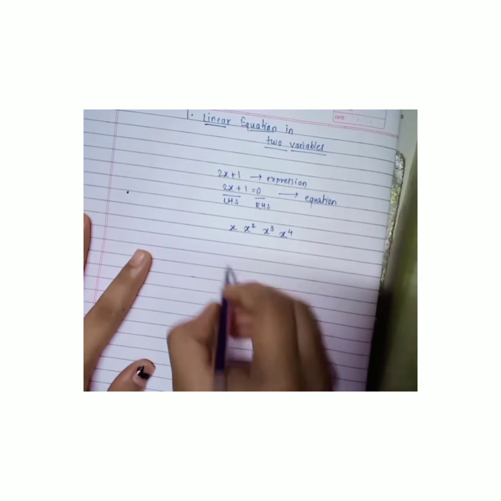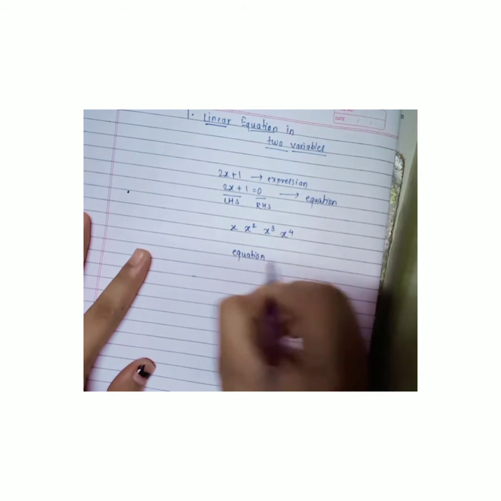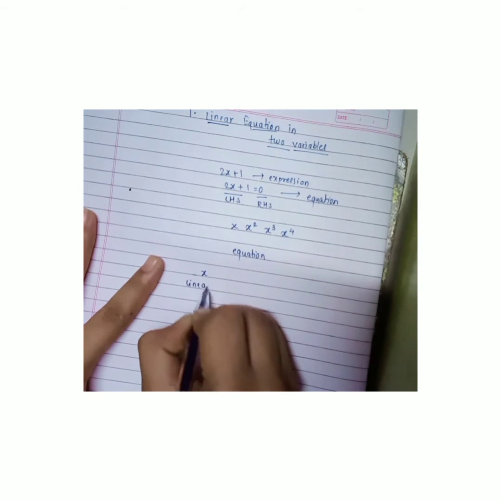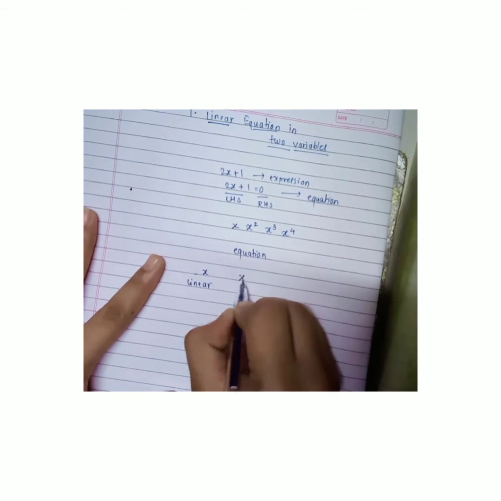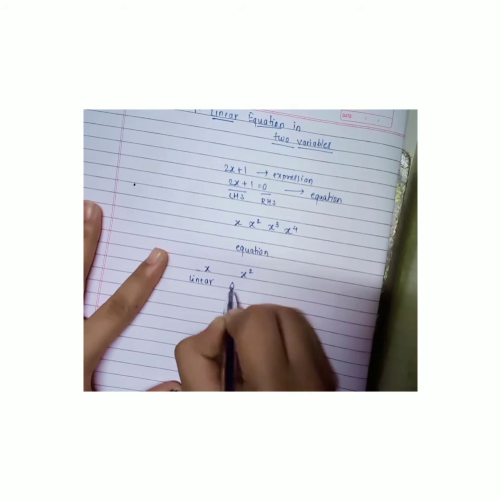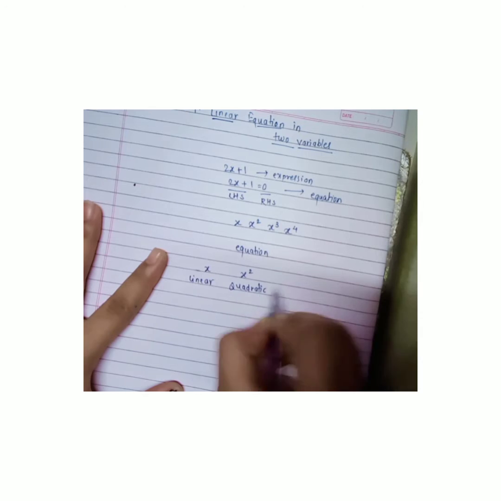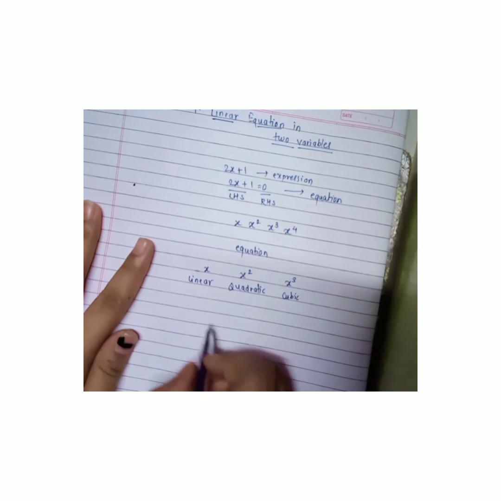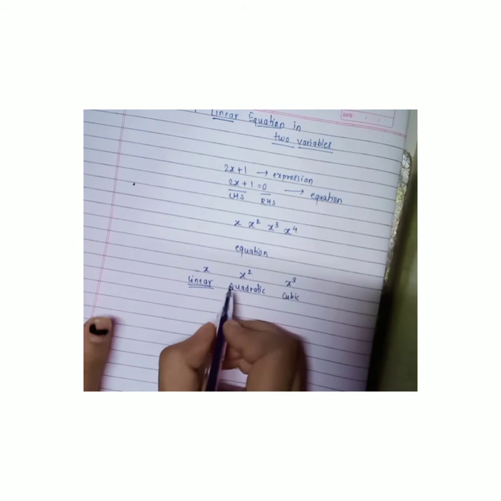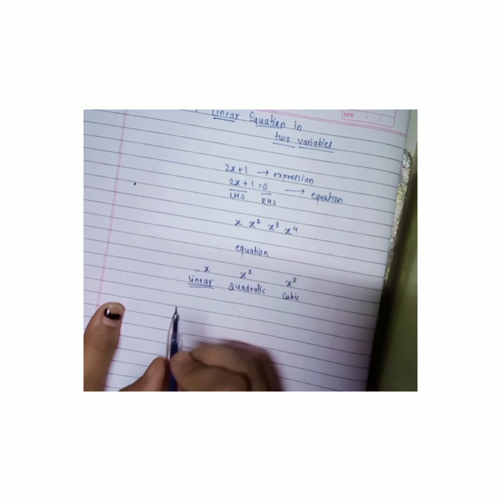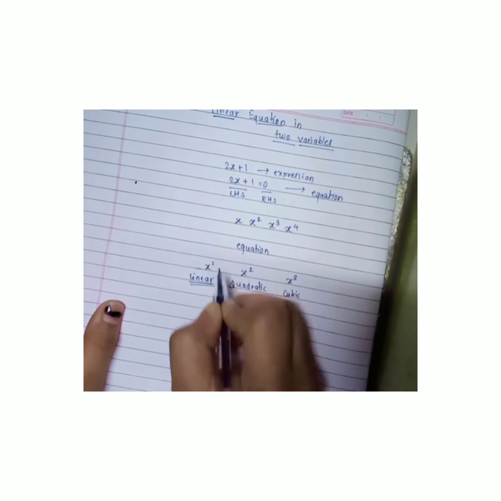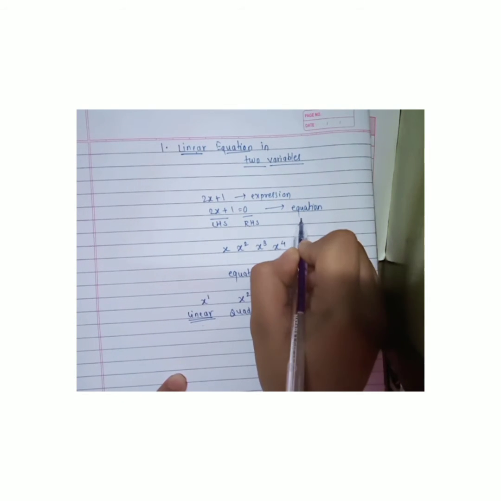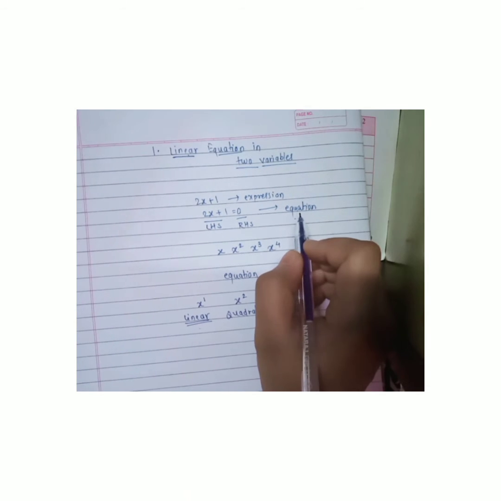So in this way, when an equation has the highest power or the highest index only 1, it is called as linear. When this power or index is x raised to 2, that is x square, it is quadratic. And when the same is x raised to 3, then that one is cubic. So what we will see now? Linear means whatever the equation we are having, the highest power or the index of the equation is 1. Now here we are done with the two terms, that is linear and second is equation. From this we come to know the definition of linear equation.